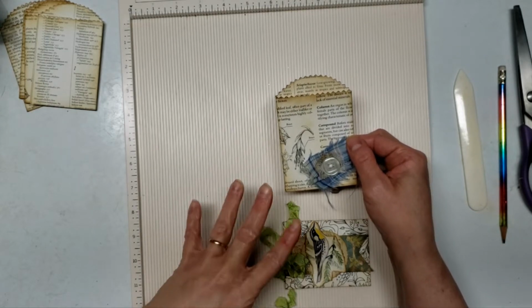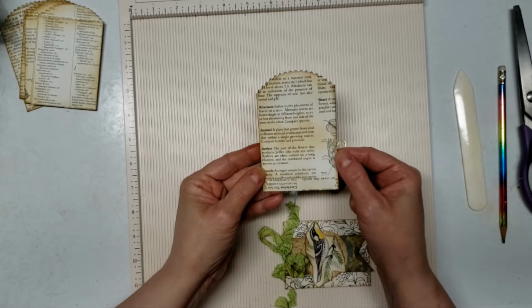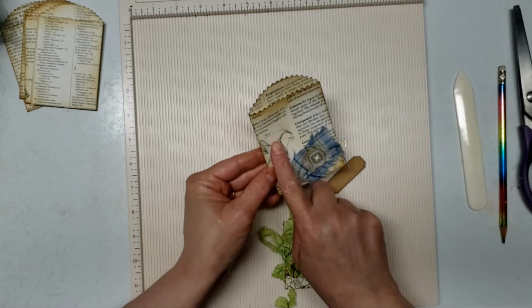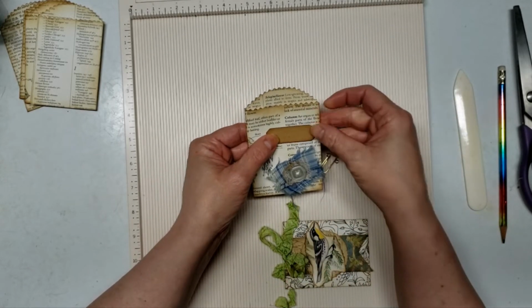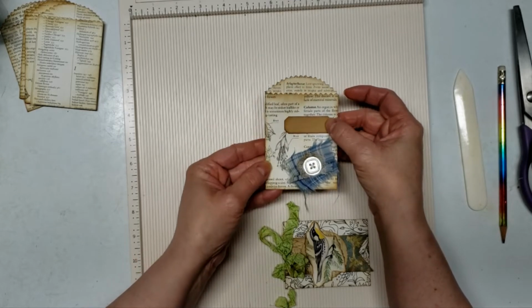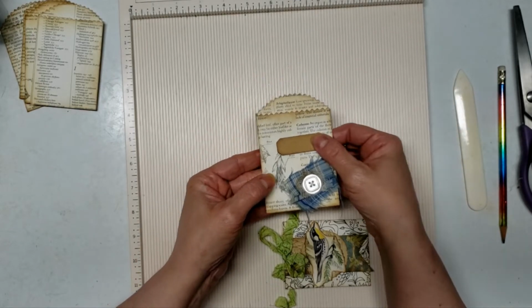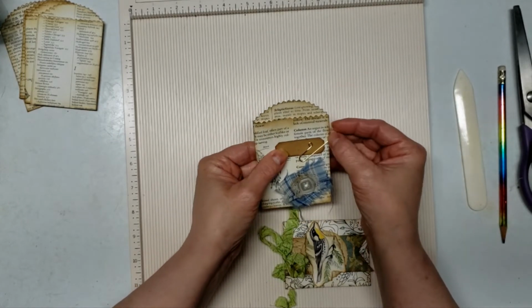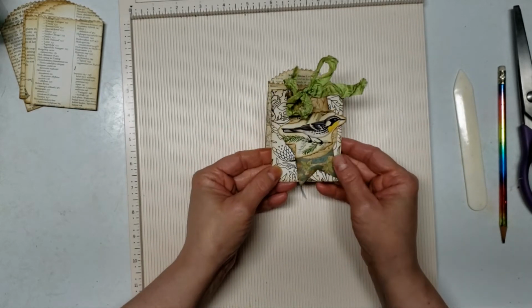And then if I'm using this as a floating pocket in my journal, on the back side it looks really nice as well. And so I didn't want to cover all this up by doing layering. That's why I'm thinking if I put this right here, I think that will be enough, and then one of these paper clips to attach it to a page. So I thought that was enough with this cluster down there. And then the tag,